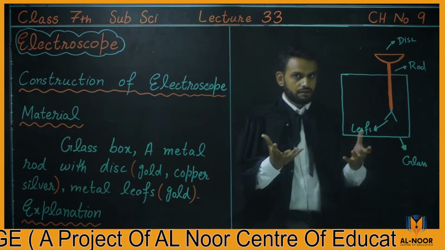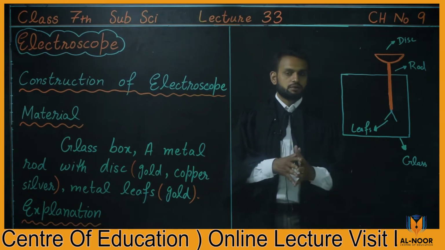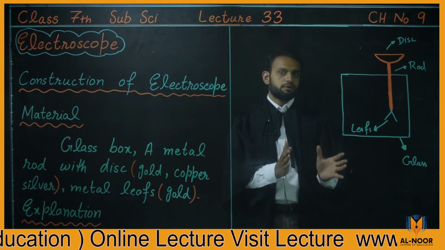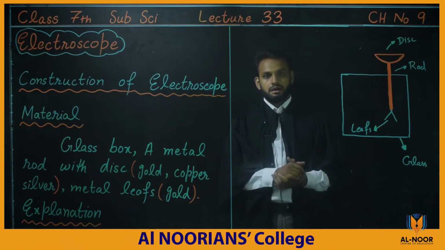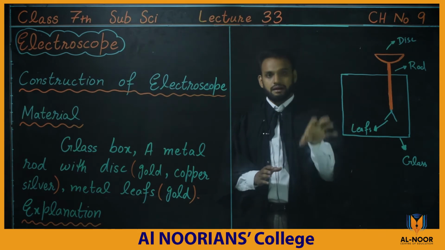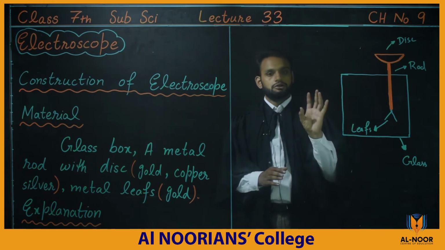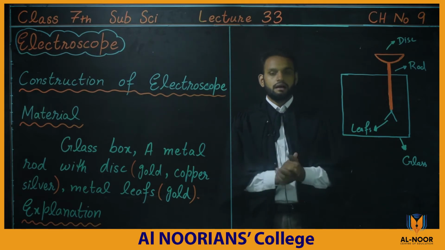The question arises in your mind. Because glass box is not affected by any external electric field. There is something missing in the diagram, but you just take the concept that glass box is used to